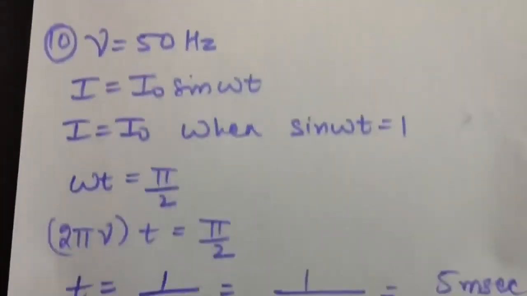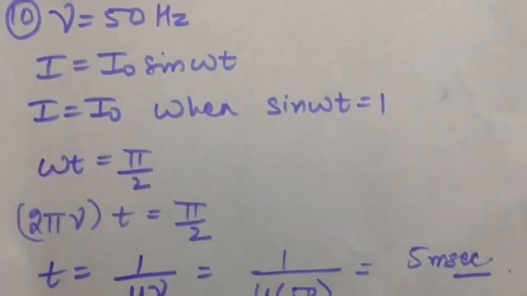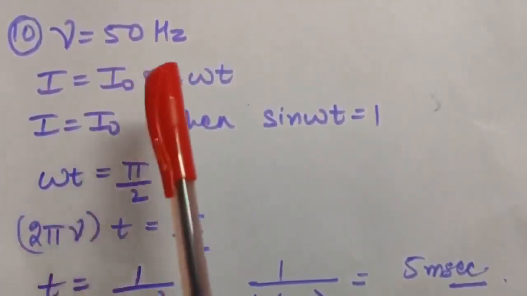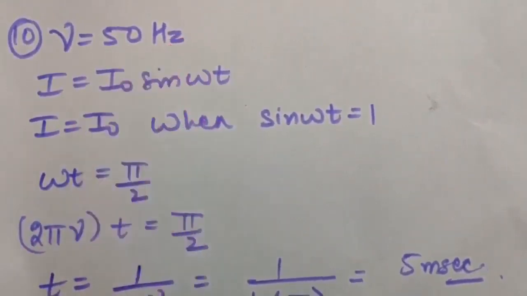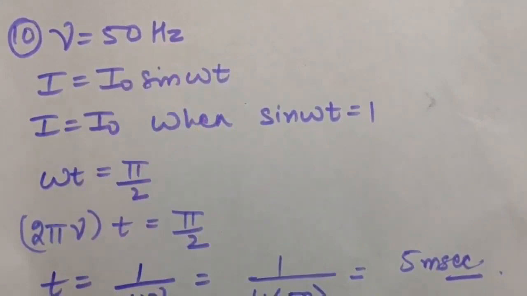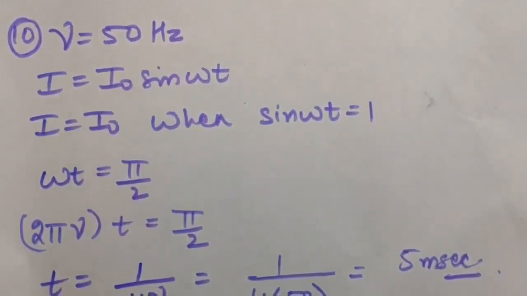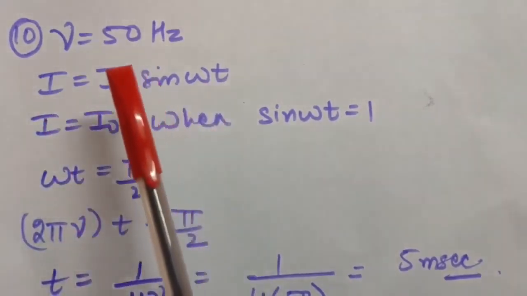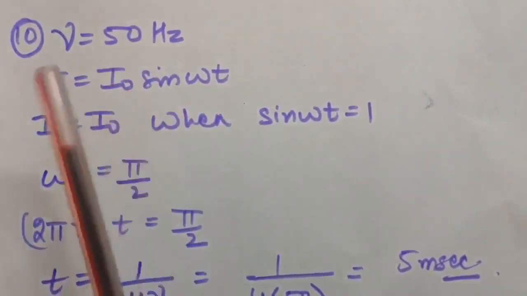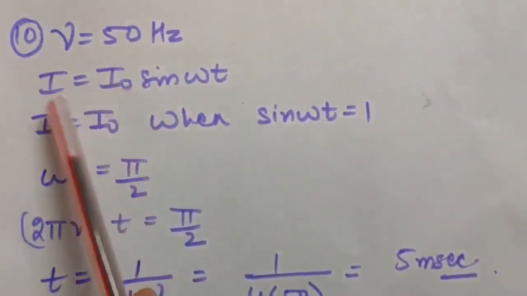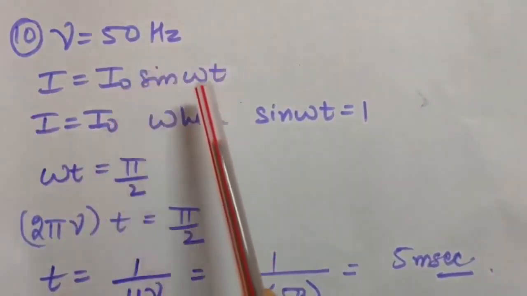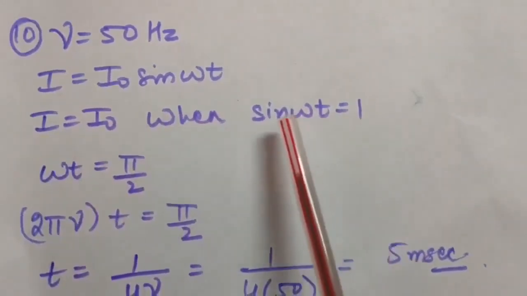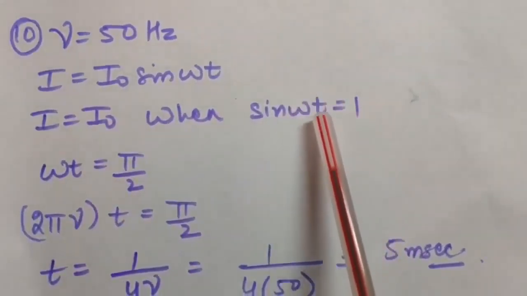Okay, so the 10th question says there is an alternating source of current which has a frequency of 50 hertz. In your question, hertz is missing, so write down hertz also. Now it is asking what will be the time required for the current to reach its peak value. You know the alternating current is given by I = I naught sine omega t, and I naught is nothing but the peak value. So I = I naught is only possible when sine omega t is equal to 1. Now, as you know, sine 90 is 1, so omega t is 90 degrees, or you can say